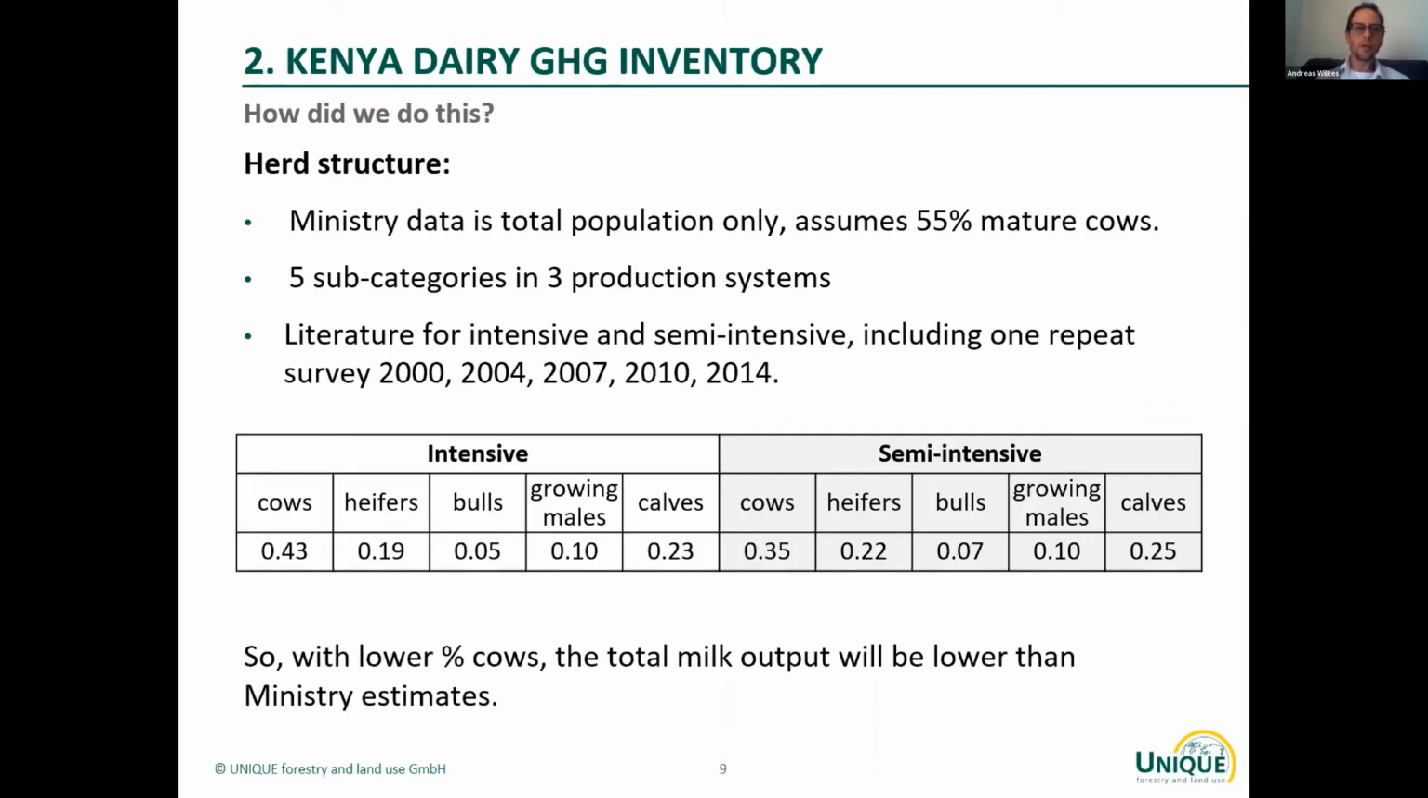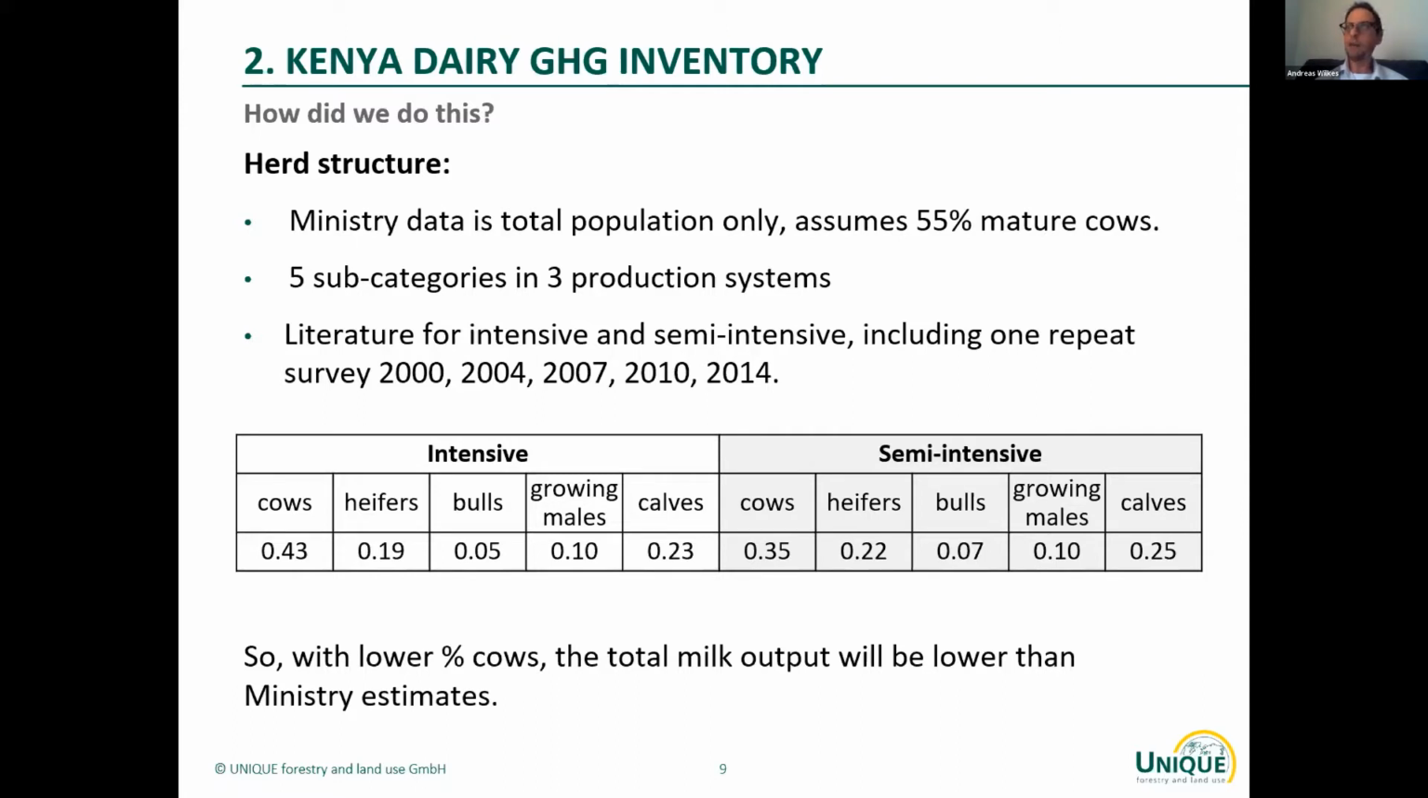For the herd structure, we used literature values. And as I'll explain here, the literature values are different from the values used in the official statistics produced by the Ministry of Agriculture. Like in many countries, the Ministry of Agriculture has a number of technical coefficients to estimate things like total national milk production. In Kenya, they assume that 55% of the cattle population is mature or adult dairy cows,